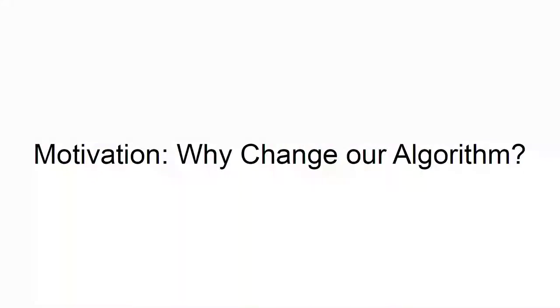So the first question that we really need to ask ourselves is, why should we actually change our algorithm? Because I think that we're at a crucial time in which we can actually do this successfully and do this in a way that maintains community consensus, because we're small. This is a very difficult thing to do in larger projects, but right now we're a single conference room of people that can all get together and discuss, and the stakeholders all really care, and we're not that big, so we can act more nimbly and we can do the right thing. So why do we want to consider changing our algorithm?